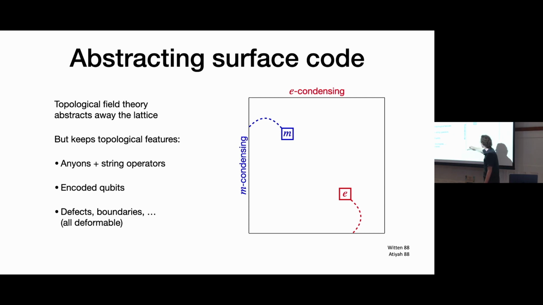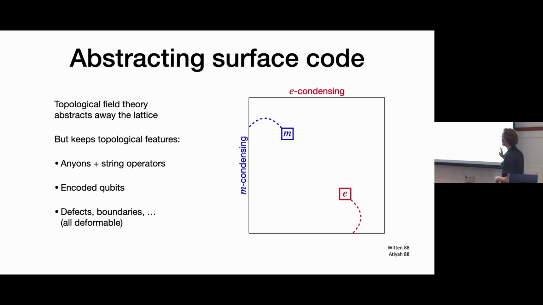So here, the description is this. There's some bulk block, that could be the surface code or some deformed surface code. There's one type of E boundary at the top and bottom. There's the M boundary on the left and right. And this will already tell you how many qubits you encode, which is a single qubit in this case. And in this topological world, everything's fully deformable. So any operator you can take, and then you can make an equivalent version that's deformed in a smooth way, and you'll get the same answer.